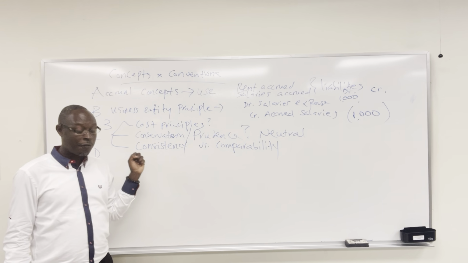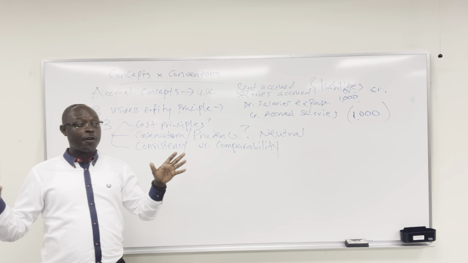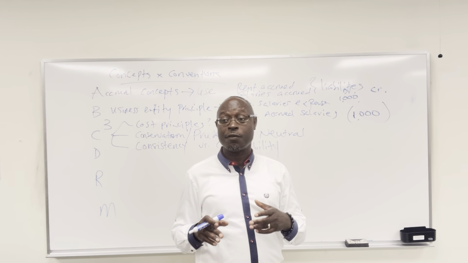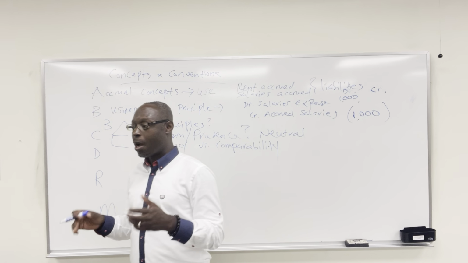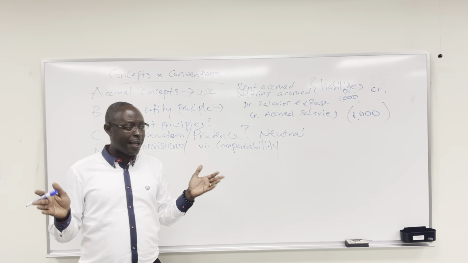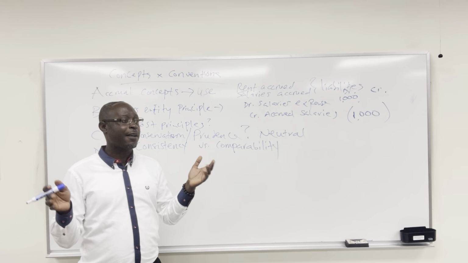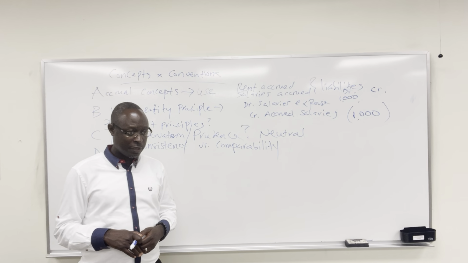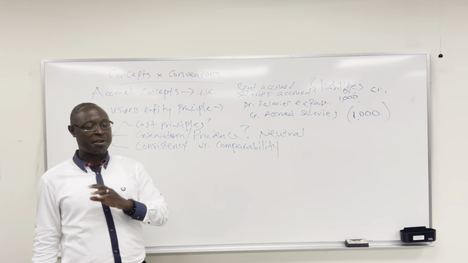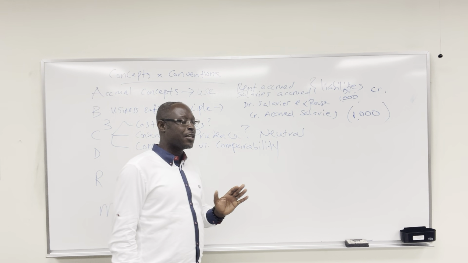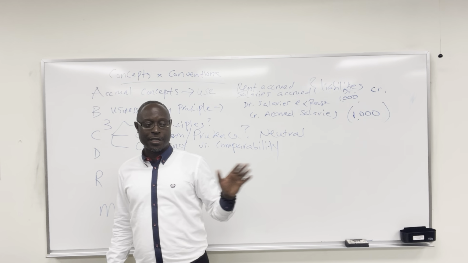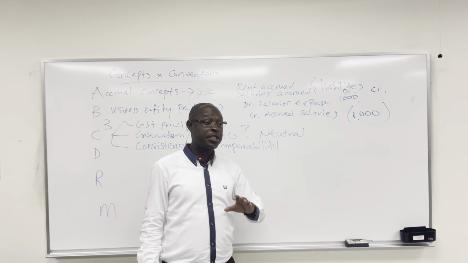So for example, if this furniture is worth $100,000, and you decided that you are going to use the straight line method of depreciation, that means you are going to take the furniture and divide it by, let's say, 10 years. $100,000 divided by 10 means $10,000 a year. Does that make sense? Now, when we get to year 2, you say, no, I don't think the straight line method is good. I should have used the sum of years digits method, or the accelerated depreciation method. Now you want to change your mind.